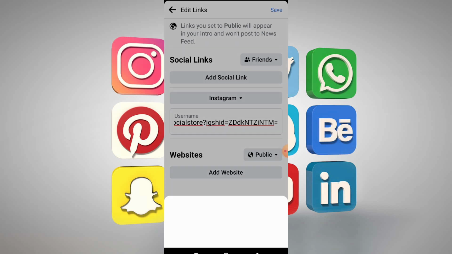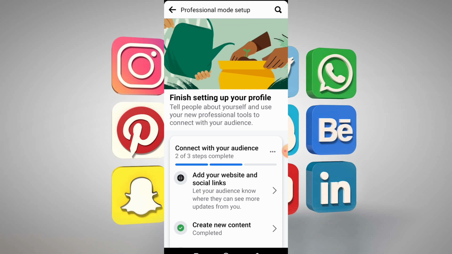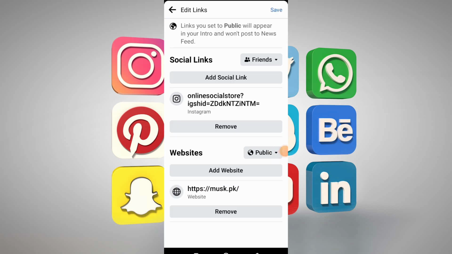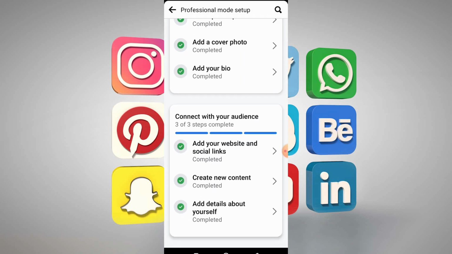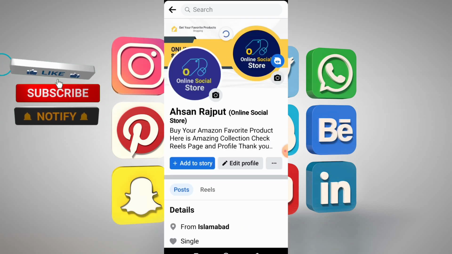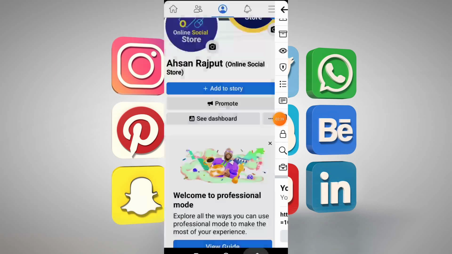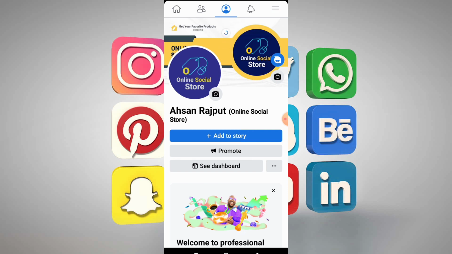Just do some setting and just click on public and save and refresh this page. Here you can see two steps are done. Second step is add your website link or any other platform social media link. This is the simple process to convert your Facebook account into professional mode, and just refresh this and finally